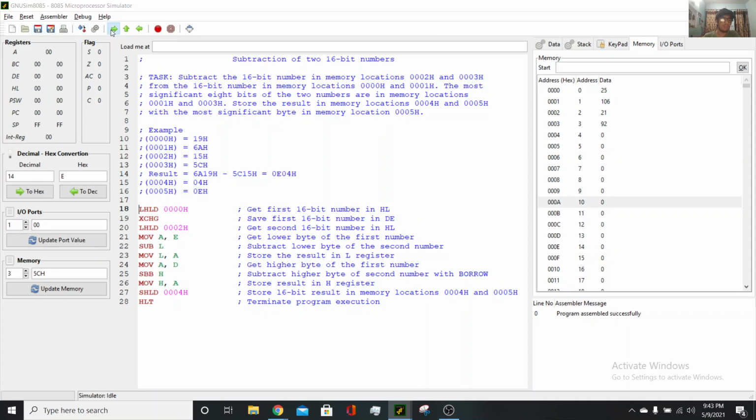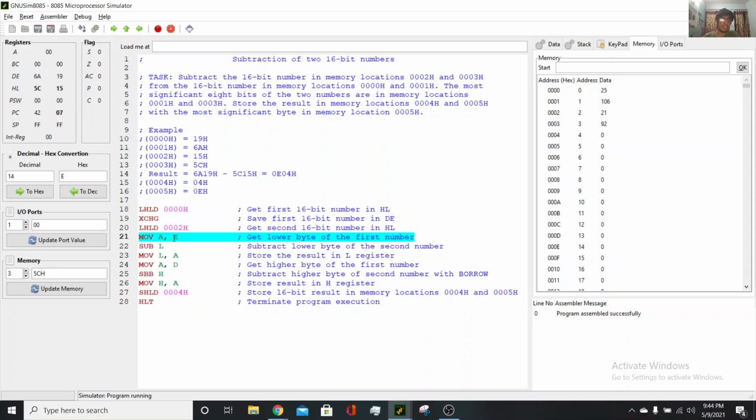So LHLD stores the HL pair with 6A and 19, the first number. Again exchanging the content of HL and DE, storing the second number in HL, 5C15.